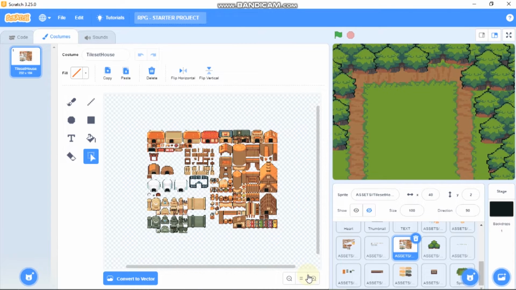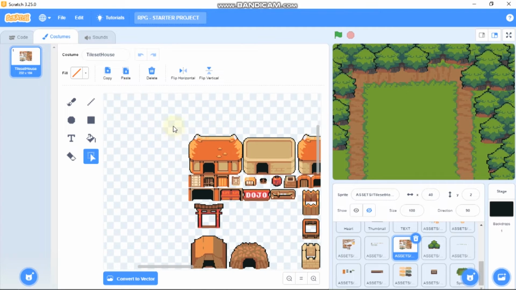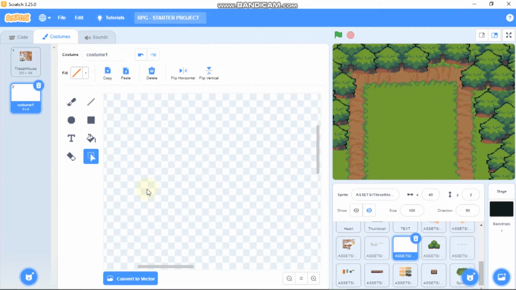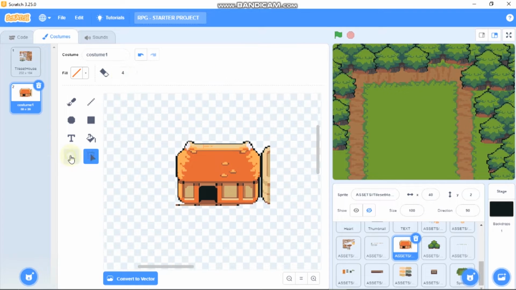So the next thing are the houses. You could find this on this tileset house sprite, and just like the trees, just select, copy, paint a new sprite, convert it to bitmap, paste, use the erase button and erase the unwanted parts.